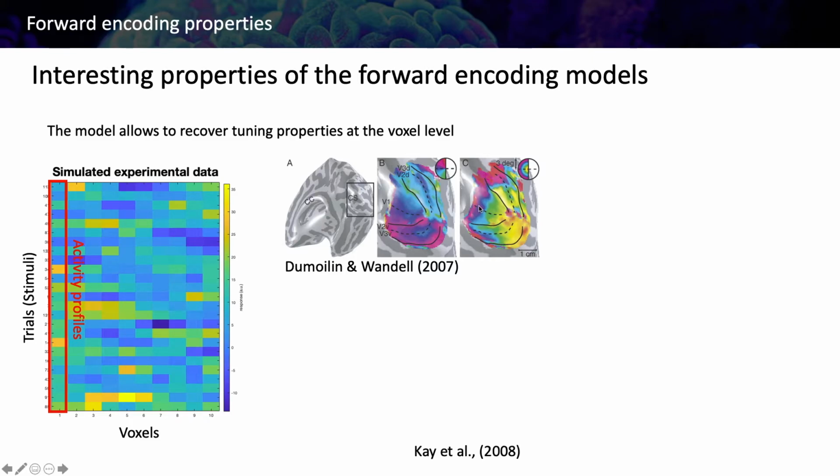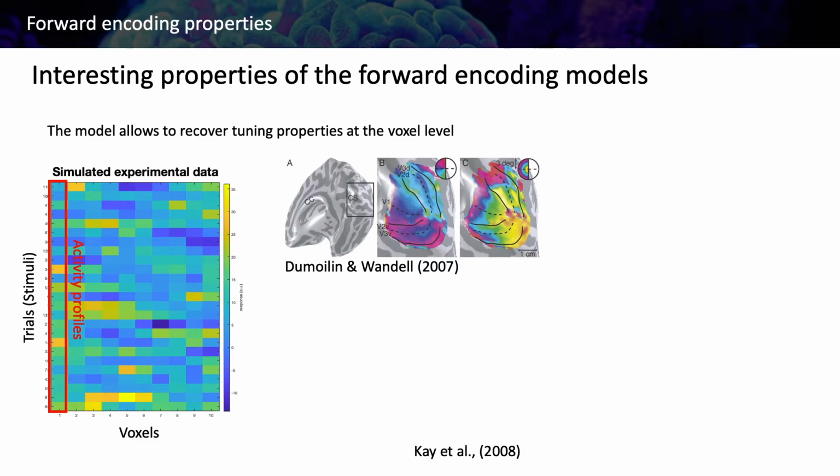And when the image is more in the periphery of the fovea, then our capacity to see the image is lower and the receptive fields are larger. This is a property that can be recovered using, for example, retinotopic mapping, which is one of the techniques that can also be used with forward encoding models. But here we can see that orientation is represented in visual cortex, and also the eccentricity. The fovea has a lot of neurons, which is the yellow and red part, dedicated to the processing of the image, and the periphery has fewer neurons. This is also called cortical magnification.